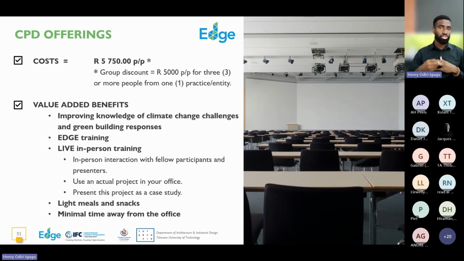And of course, you're going to get training on using the Edge platform as well. So at early design phase, you're thinking about what your building could look like and certain decisions, and you want to quickly get a sense of how that's going to impact resource consumption in the building. You're able to quickly do that. So again, it's knowledge that's going to keep on giving.